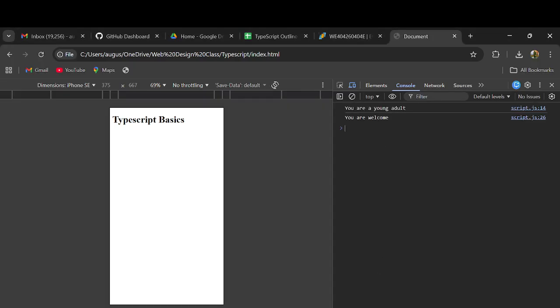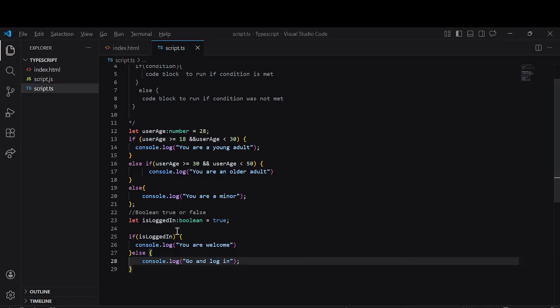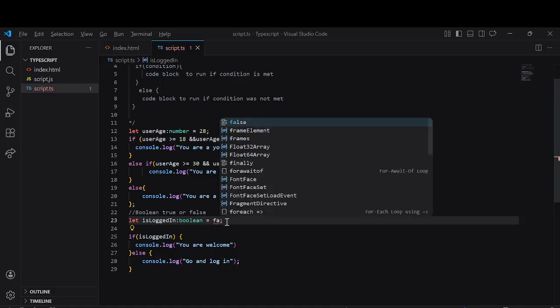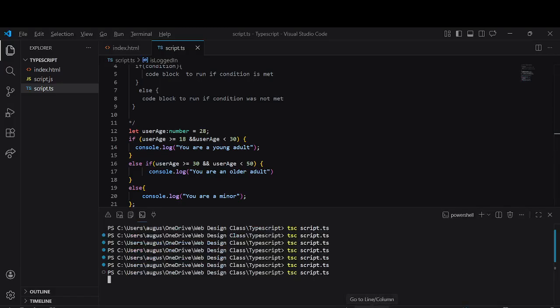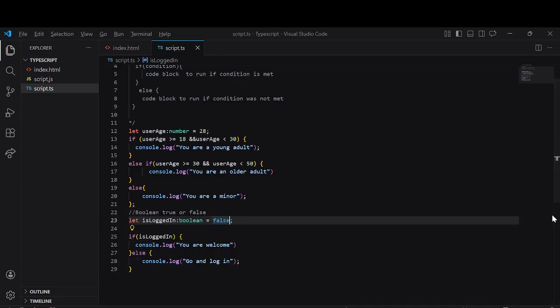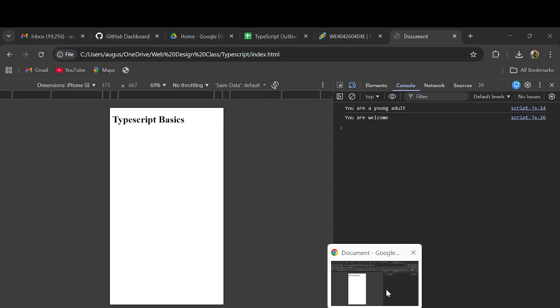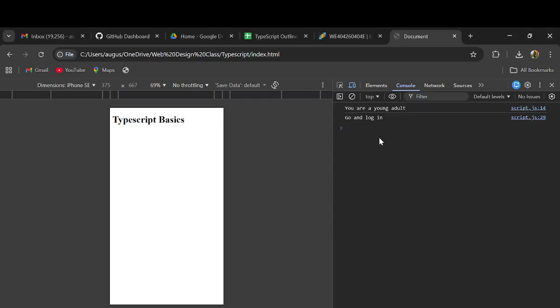You are welcome, because it was true. isLoggedIn was assigned the value of true. So let's change this to false. Let's say the user is not logged in. Let's compile again. Go and log in. That means the user is not logged in, you see, go and log in. That's an example of when we use booleans for